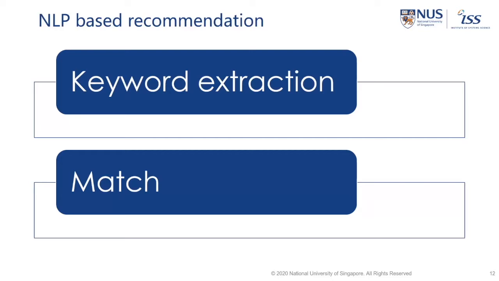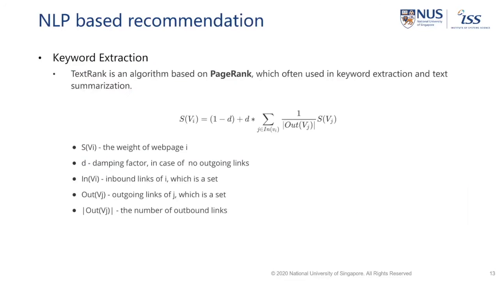There are 2 key contents in an NLP-based paper recommendation, namely keyword extraction and matching. In the process of keyword extraction, we use the TextRank algorithm, which is based on PageRank. TextRank is an algorithm widely used in keyword extraction and text summarization. This algorithm represents words and the relationship between words in the form of a graph. Then it uses the topological relationship of the graph to update the weight of the node, which expresses the importance of